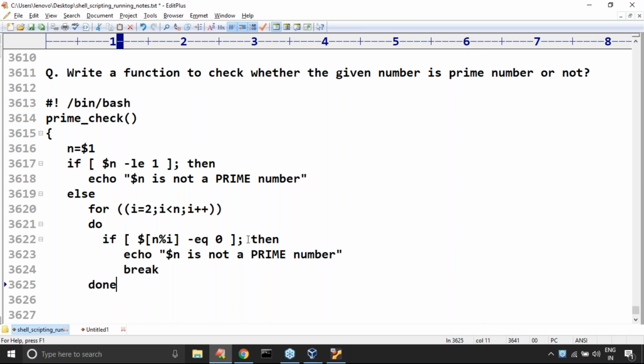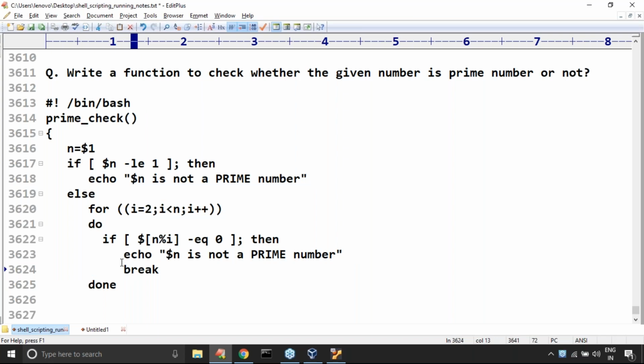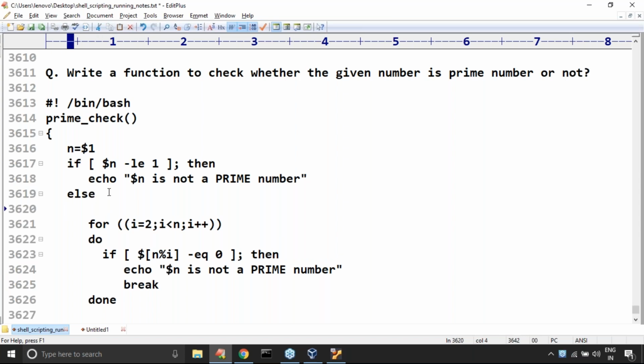Now with this break, all the things are completed here. Exit, such a thing we can't use in a function, generally, because this function is one call, but the remaining script I have to execute. That's why take a bit of special care. Here, in the else part, I'm taking is_prime equal to yes.